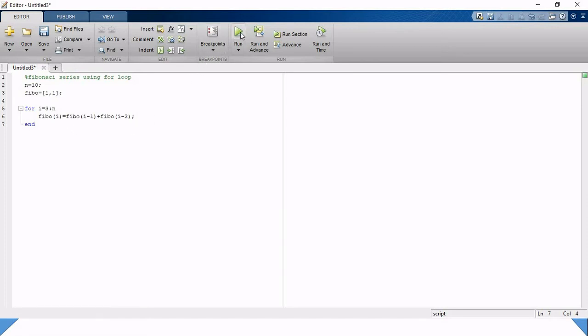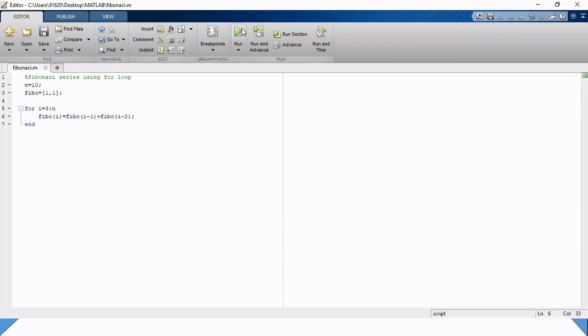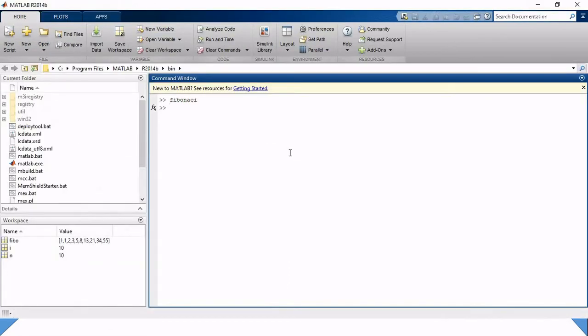Simply we can compile it, or we can say we can run it from here, the symbol of run. Before running, it is going to ask us to save it. We can save using the name Fibo. As we can see, we get our data inside of our workspace. So we are going to write Fibo. This is the value of 1, 1, 2, 3, 5, 8. So it is 10 values of the Fibonacci series that we get using the for loop. 1, 2, 3, 4, 5, 6, 7, 8, 9 and 10. I hope all of you are getting this point.